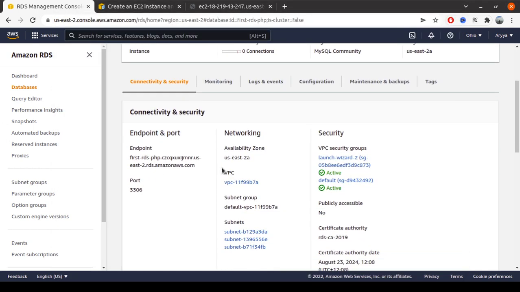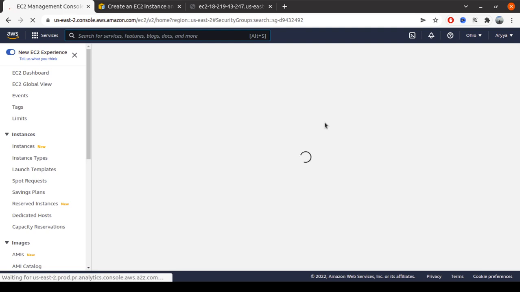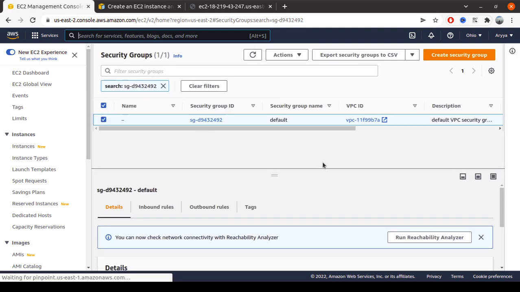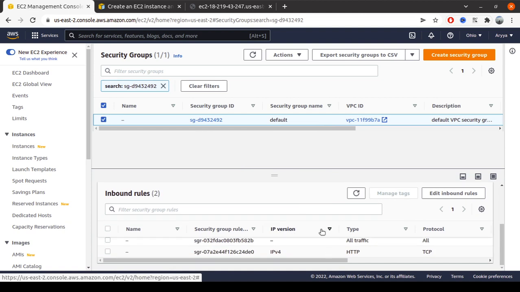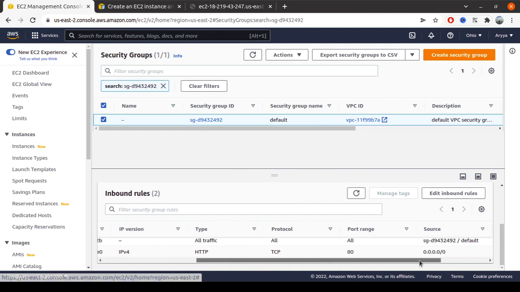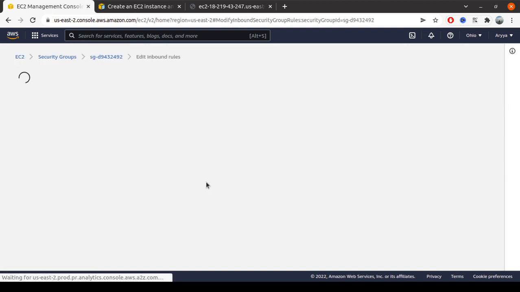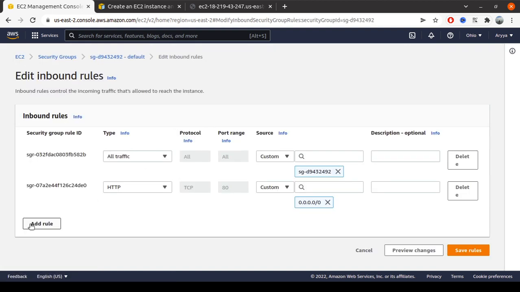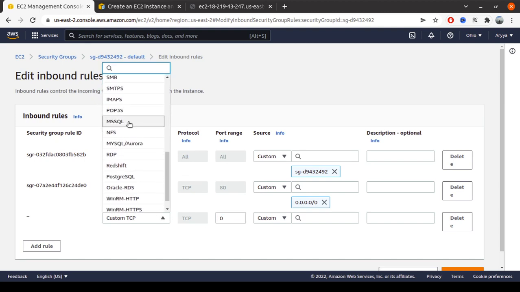So let's go back to this one and make sure that we have the right security group, right? Let's check for the first one. We need to make sure that the port is open. Okay, see, the port 3306 is not allowed to be accessed. So let's add MySQL.